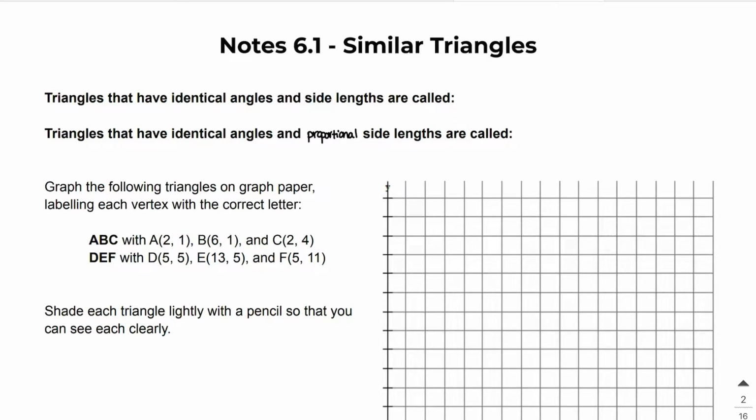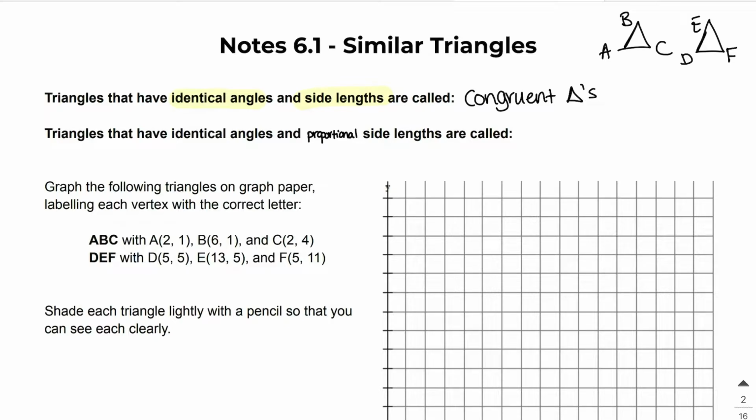Everyone. Notes 6.1 are on similar triangles. And up here it says triangles that have identical angles and side lengths are called congruent triangles. So, for example, if you have this triangle right here, triangle ABC, and then we have triangle DEF,